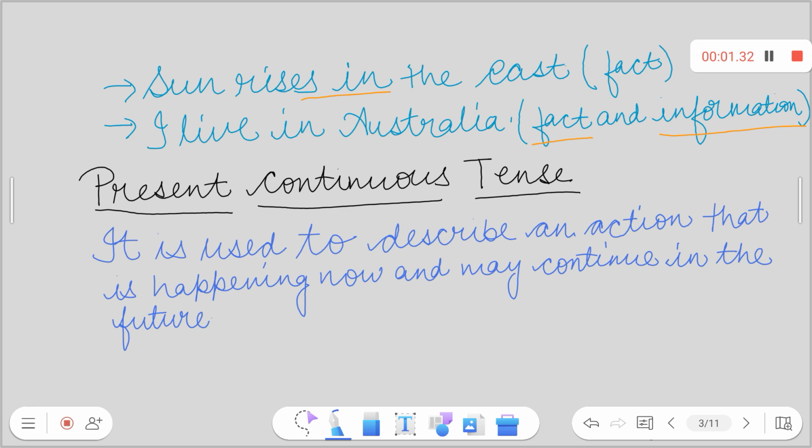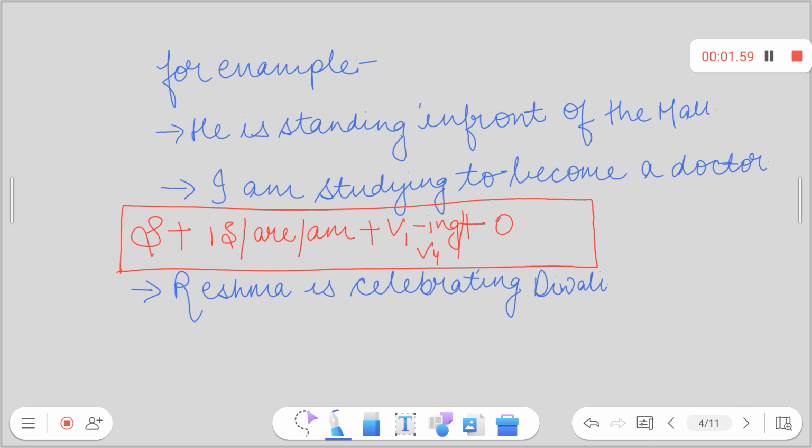Now our next topic is present continuous tense. Whenever something is in continuity, it is used to describe an action that is happening now and may continue in the future. So whenever we talk about something which is happening now, and there's a possibility that it may continue in the future, those sentences come under present continuous tense. As we can see in the examples, he is standing in front of the mall and I'm studying to become a doctor. And the structure for it is